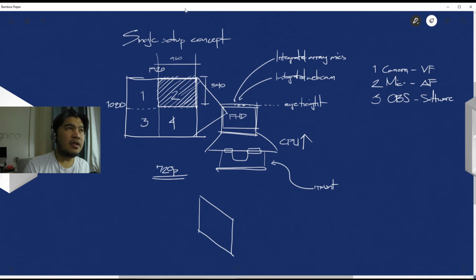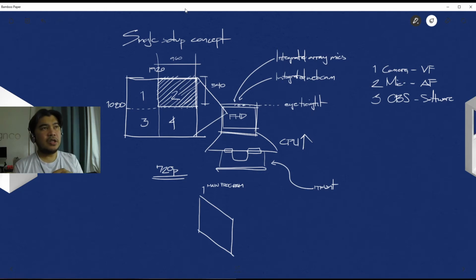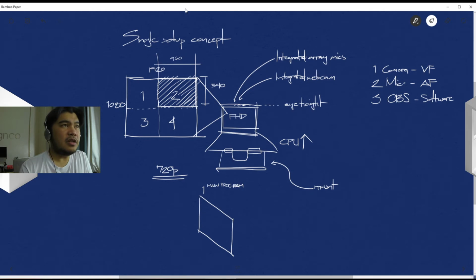So in front will be your main program. Since we're thinking about not integrating another monitor into the mix, we will probably go with this style. The main program will be on the top level, and then the OBS program will be hidden beneath this program. Because you don't really need to be looking at OBS